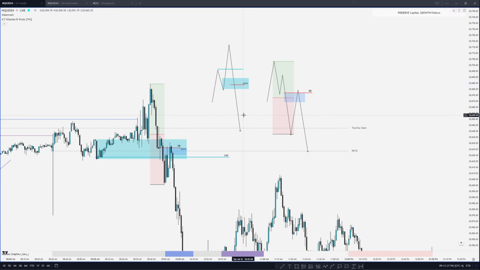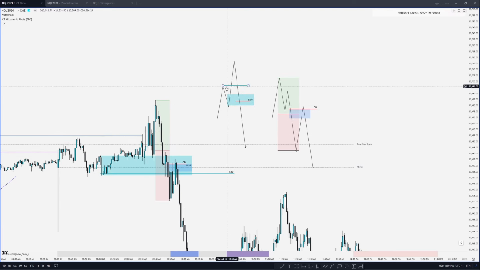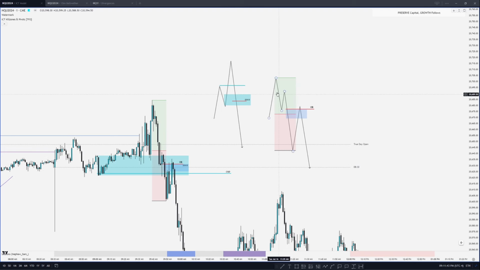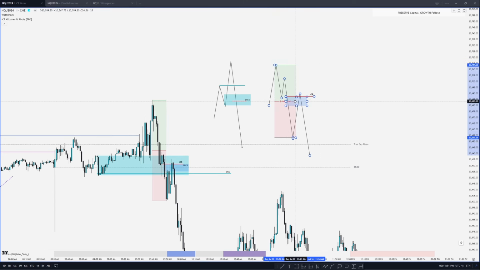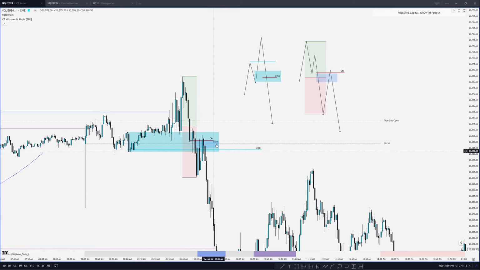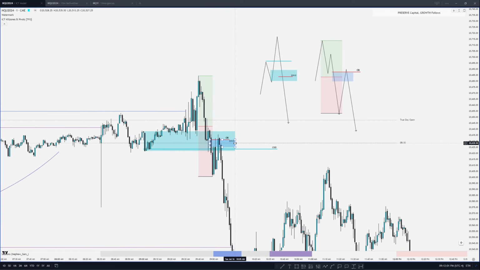So to answer your question, really long answer. The one that creates the run on stops normally will have the breaker. The one that fails to run the stops with the SMT normally will have the premium to discount. Your safest option is going to be this one. So no matter if there's a breaker or not, your safest option is always going to be just trusting the premium or discount of the dealing range. This does happen more rarely. It's more rare, but